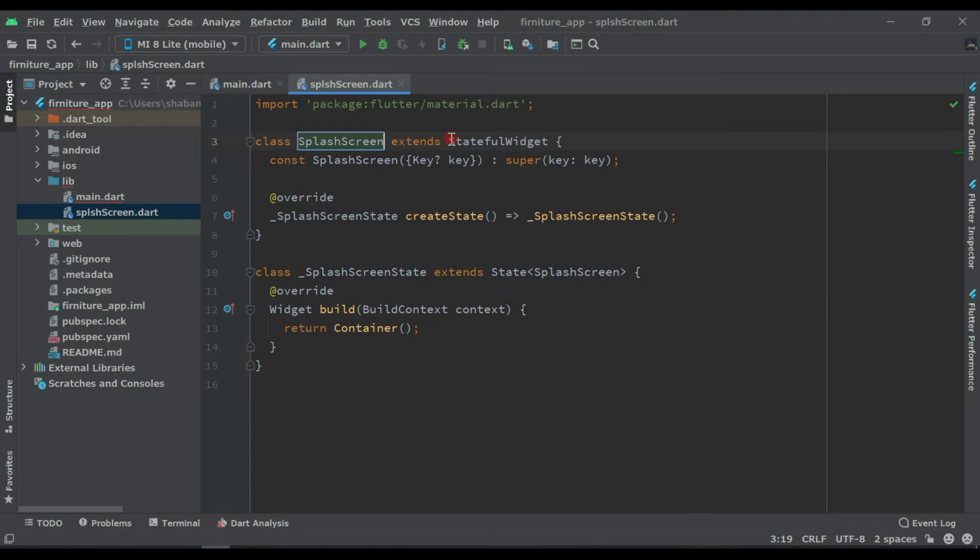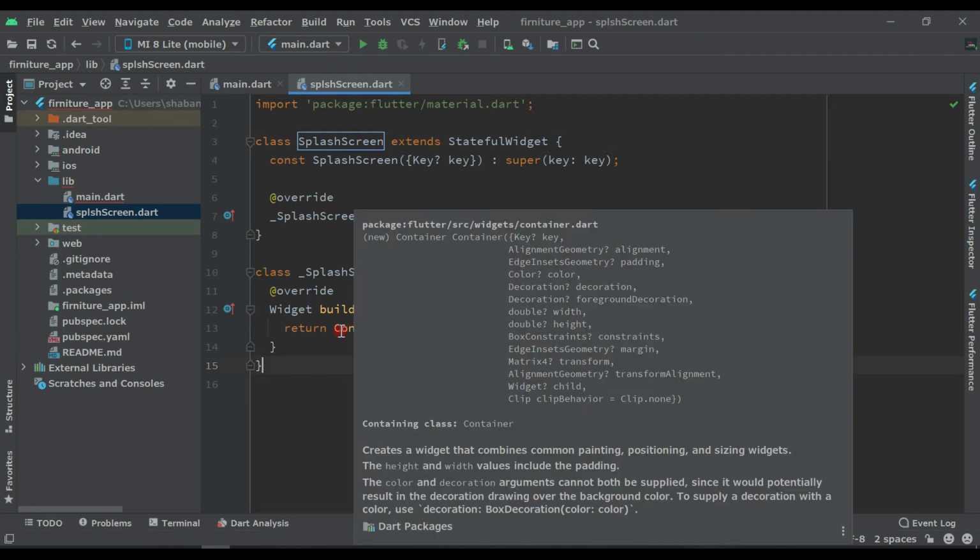There are two classes, stateful widget and stateless widget. Stateful widget is used if you apply any functionality on this page, like buttons, click, if somebody clicks on something, what should happen, all these things come in stateful widget. And there is stateless widget, which has nothing to do, like there is no functionality on the page. So we are going to create a stateful widget here, because from this page we will go to another page, so that's why we need a stateful widget.